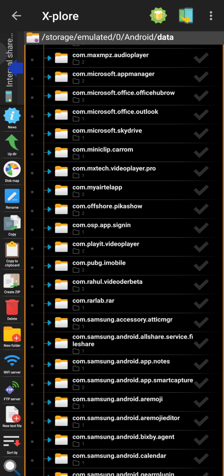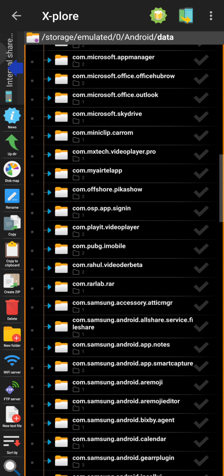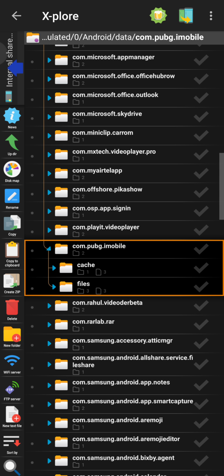So the folder name is com.pubg.imobile. If it is global, then it will be com.tencent.ig, or if it is Korean, the folder name will be com.pubg.kr. So whatever the version you are using, just go into your respective folders and open it.